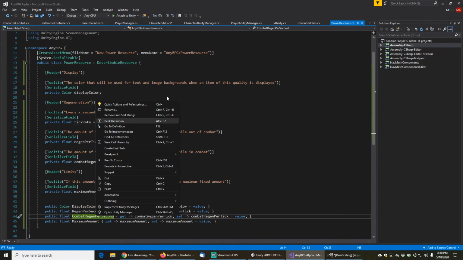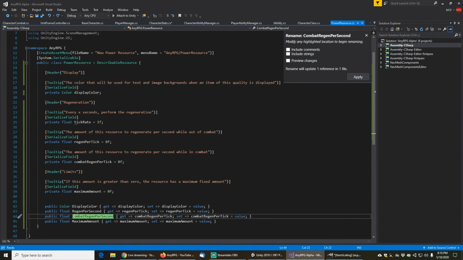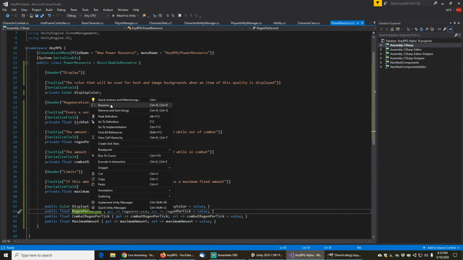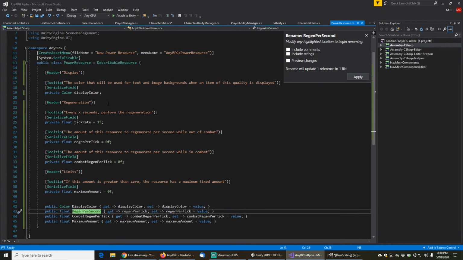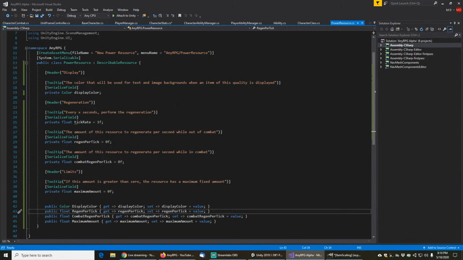And then rename this to combat regen per tick, and rename this to regen per tick. Let's apply that, and now we can basically go through